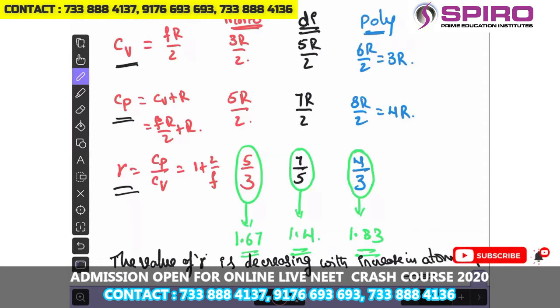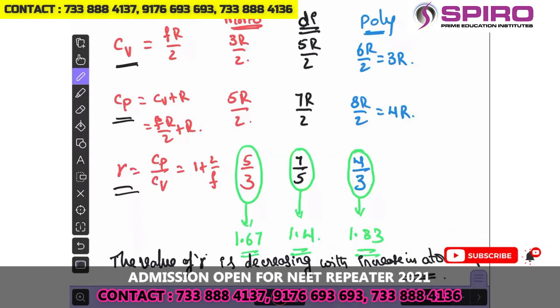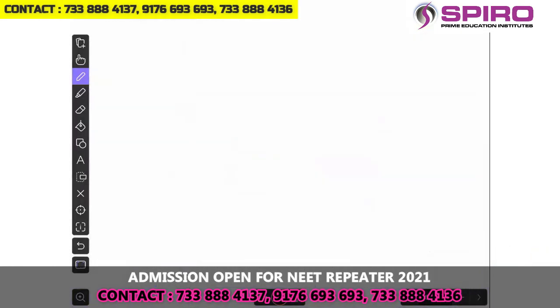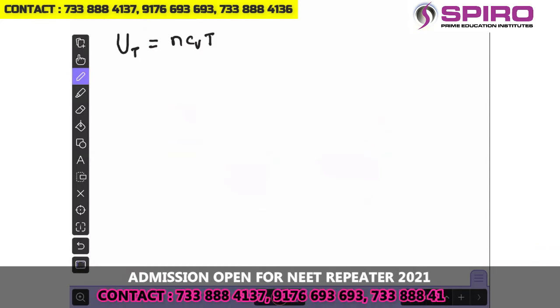Okay, right. Now we are coming to know the internal energy of the gas first of all. So we'll go to the actual topic of this lesson, internal energy of the gas. So already we discussed that internal energy of the gas is a pure function of temperature, and that is nothing but given as NCV T. T is the temperature. At T temperature, the internal energy is NCVT, and